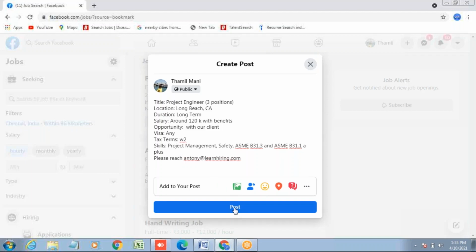So finally, what will happen? This requirement will go to different people. What you can do on the top of your job posting, say hi, we need a project engineer for our client.